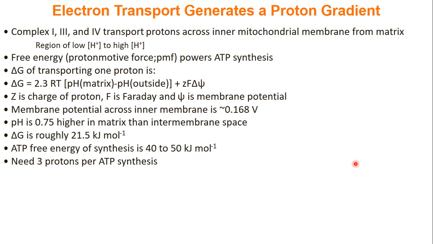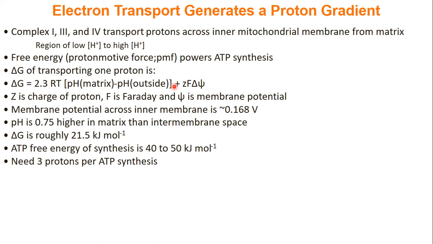So as we just said, complex 1, 3, and 4 are transferring our protons from the matrix to the intermembrane space. The force that can be generated, or the free energy, is called the proton motive force, or PMF. So the PMF is going to power ATP synthesis. And we can calculate the delta G of this, where delta G equals 2.3 RT (pH of the matrix minus